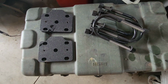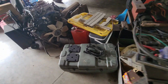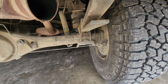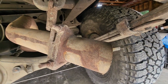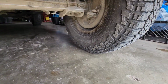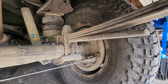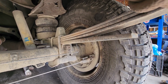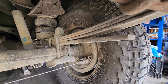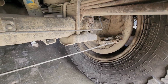This is a U-bolt flip kit I bought for the Tundra. If you're not familiar with that, it takes the place of that plate. See that plate on the bottom and how the U-bolts go up? Well, you can't see it there. The U-bolts go up over the spring. This puts the plate up there, and there's a provision to screw your bump stop back on. And then your U-bolts go under the axle, and it eliminates all of that plate right there that can catch